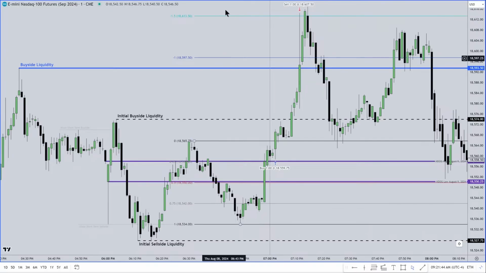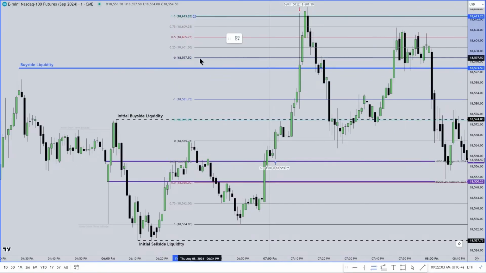But because of this idea that this is where it can go beyond my expectation of just going above that high, then this is one standard deviation. So what I do is I like to find the midpoint between that. So if I do something like this, I'm just going to eyeball it real close, okay? If I know that this is where the midpoint of both targets are, so if